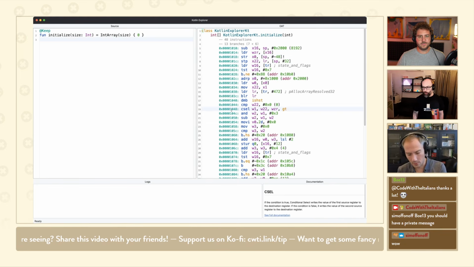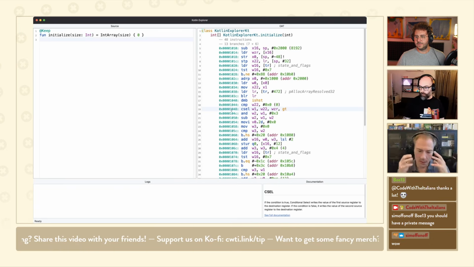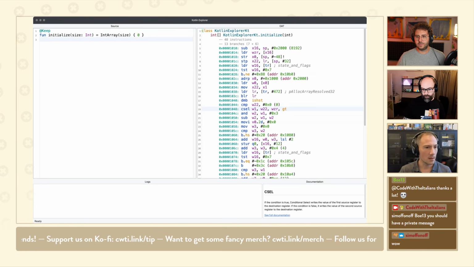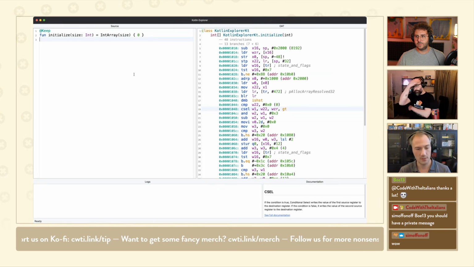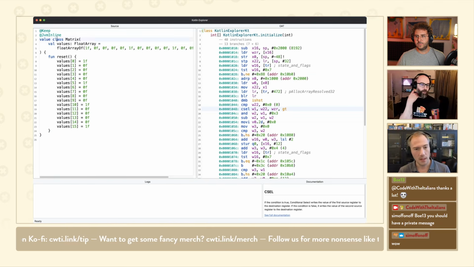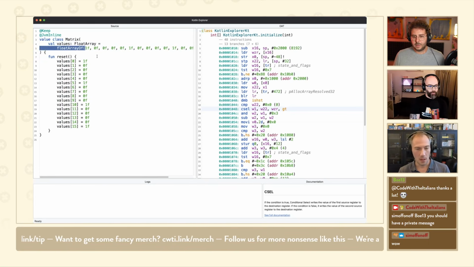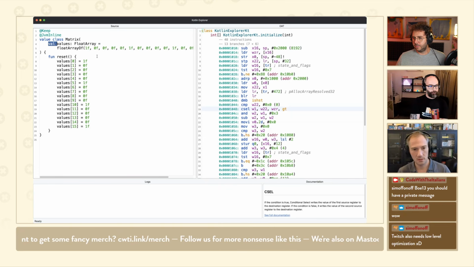This is about the memory model, multi-threading. There are things that you know about your code, and I'm going to show you an example of that, that a compiler can't assume because of the rules of computers. So let's look at matrix. It's a matrix class from Compose. It's an inline class. It wraps an array of 16 floats. It's a val, so you can't touch it, can't reinitialize it, it's always going to be an array of 16 floats, right?